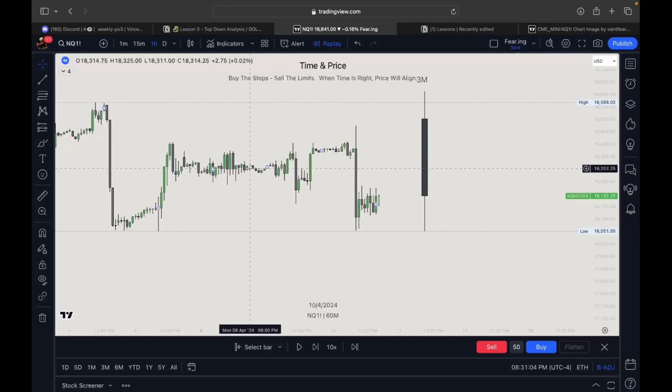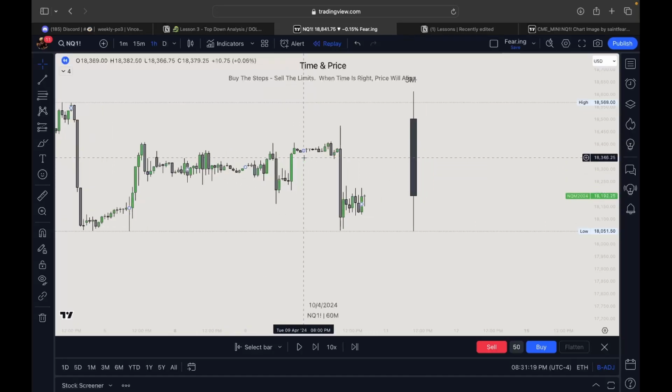Tuesday open, same thing, a little bit more. This would be considered a seek and destroy day. Going from low to high, to low to high. No real expansion, but it's still accumulation. So as anticipated so far, Wednesday open,